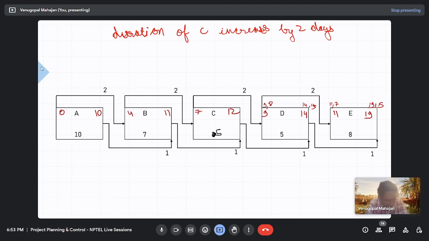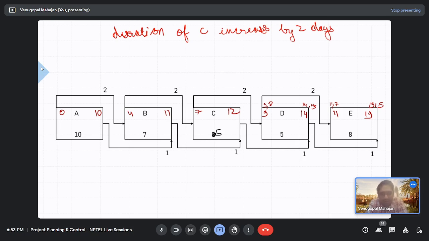Sir, can you please elaborate more on what reverse critical actually means? Okay, so when we were talking about an increase in total duration because of an increase in the duration of one activity, you said that if it is a critical activity and you increase the duration, the overall project duration will increase. If it is a non-critical activity and the duration is increased by less than the total float available, there won't be any change in the total project duration. That's what we learned in CPM. Yes, sir. Right now, what happened is, if you increase the duration of a reverse critical activity, it will decrease the project duration.